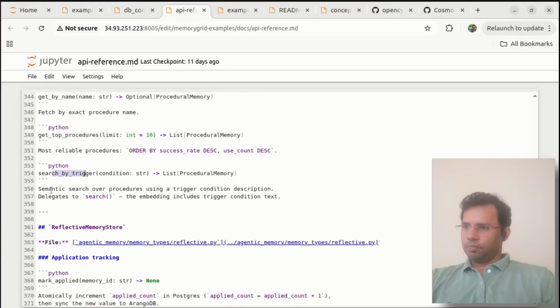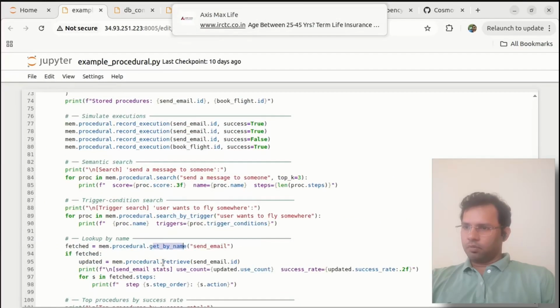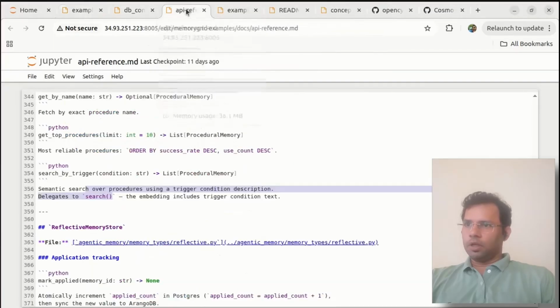And yeah, there is a search as well. So that's what we have used here. And we have certain other things: get by name is also here, and we have a retrieve. This retrieve we haven't seen earlier. So if you go to our API reference,